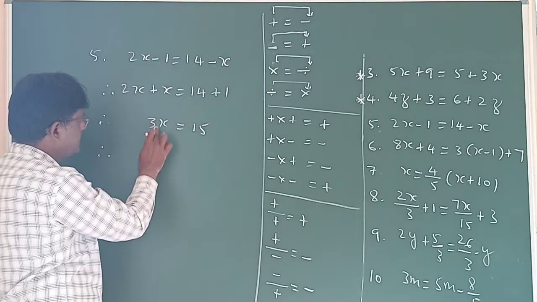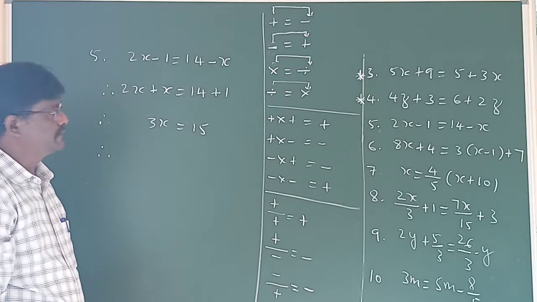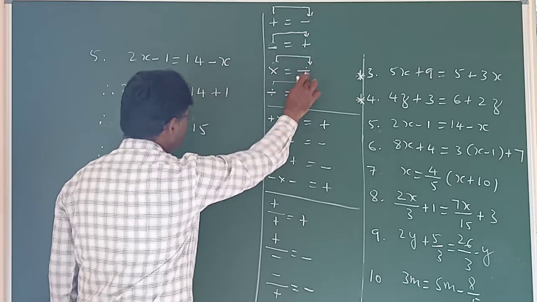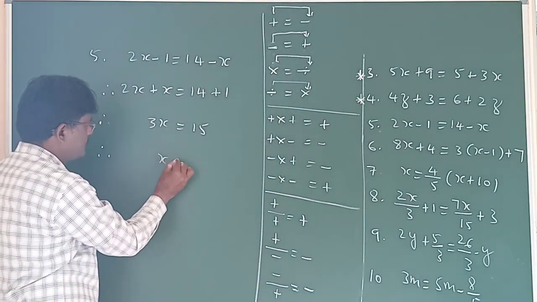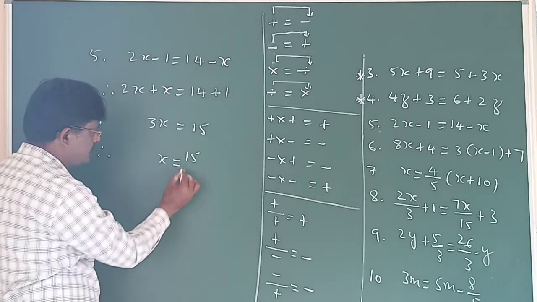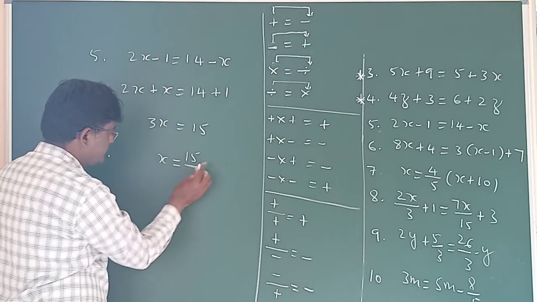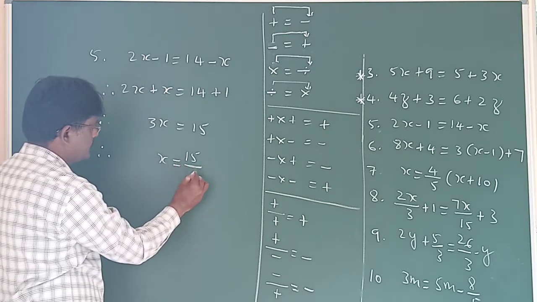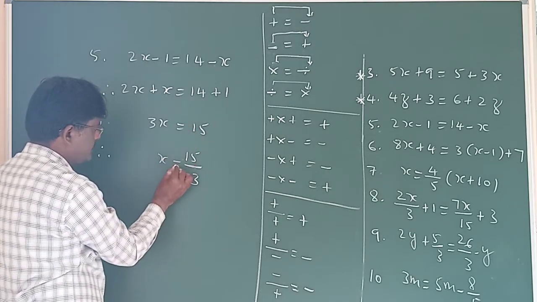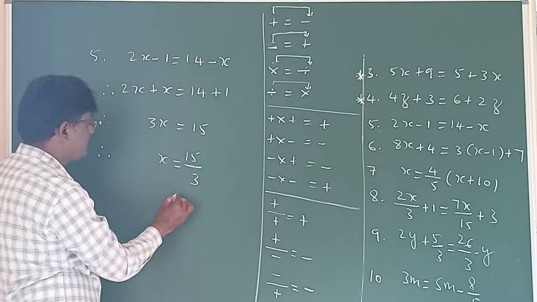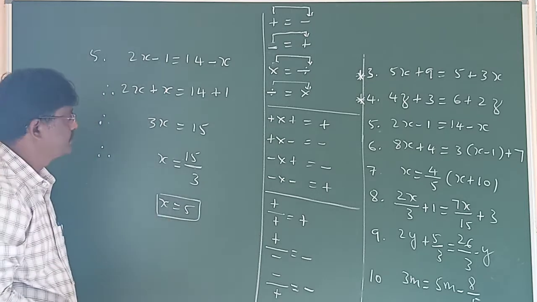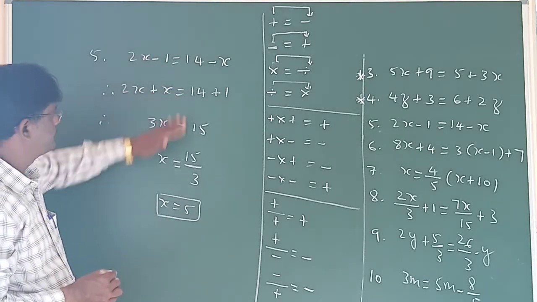Therefore, now what do you mean by 3x? It is 3 into x. That into, when it is transposed from left to right, becomes divided by. Therefore, x equal to 15 by 3. Look at children, when it is a fraction, that division line should lie in the middle of the equation. Don't put it somewhere else. So write in a disciplined manner. Hence, 3 ones are 3, 3 fives are 15. Thus, x equal to 5. Now we shall verify this.